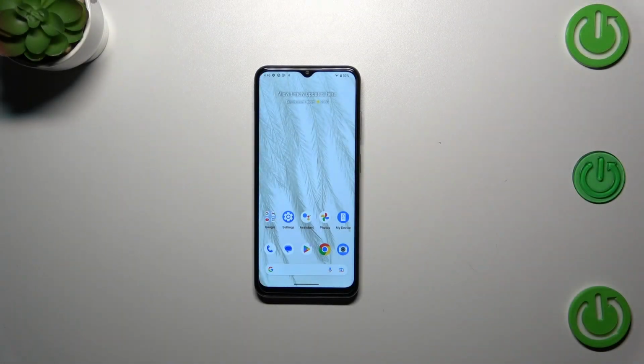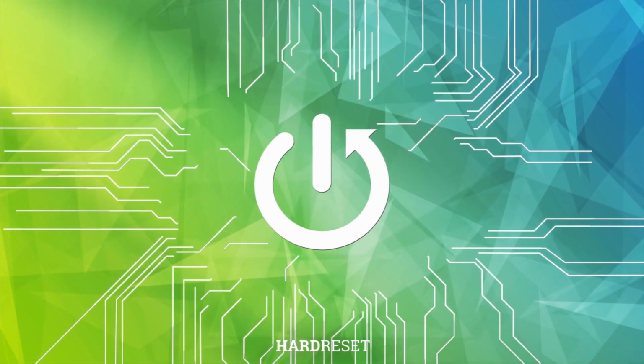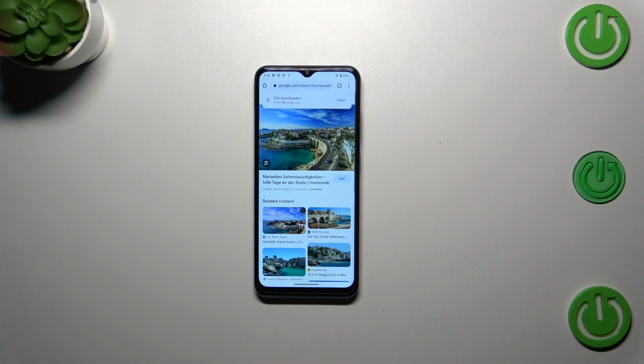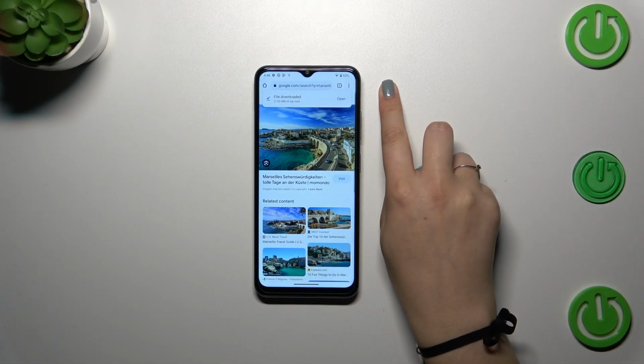Hi everyone, in front of me I've got Nokia G42 and let me share with you how to clear the browser on this device. So let's start with opening the browser. In my case it will be Google Chrome, and then let's tap on the three dots icon in the right